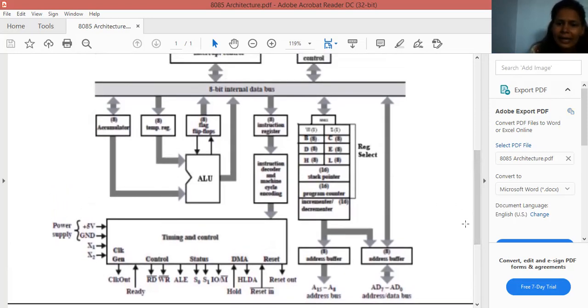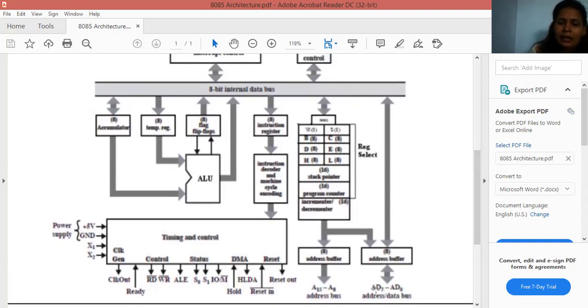Or we know that 8085 microprocessor has 8-bit data bus. So D0 to D7. So here 8 lines are available.